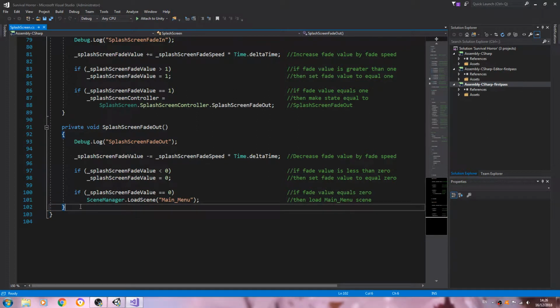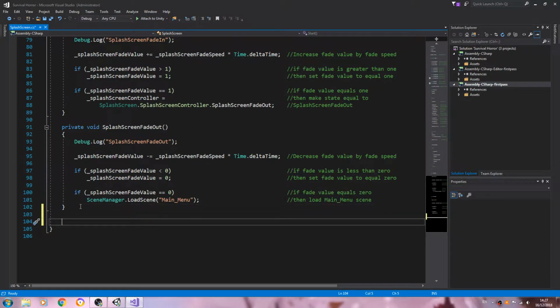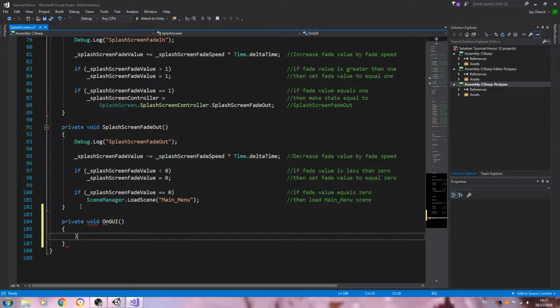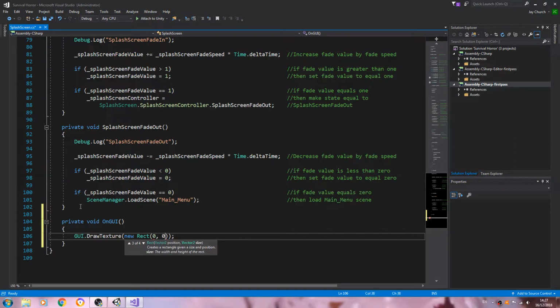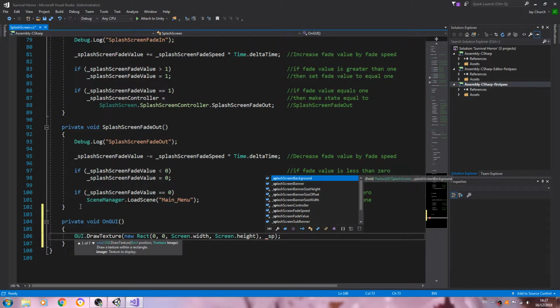We'll scroll down to the bottom and just before the last closed brackets, we'll say private void OnGUI and we'll get the brackets in place. We're going to say GUI.DrawTexture, open and close brackets, close that line off. Inside the brackets, new Rect, open and close brackets again, we're going to say 0, 0, then Screen.width, Screen.height. We'll come between the closed brackets, we'll say comma, _splashScreenBackground,